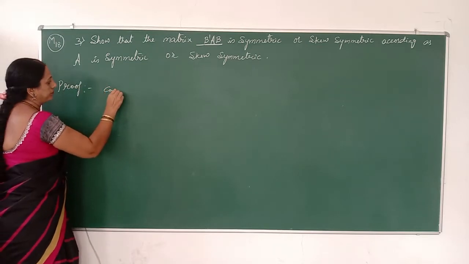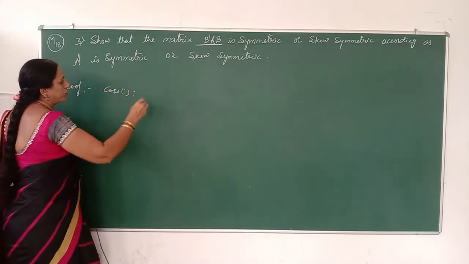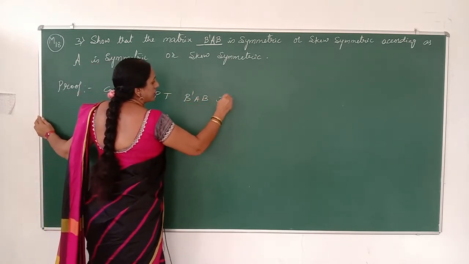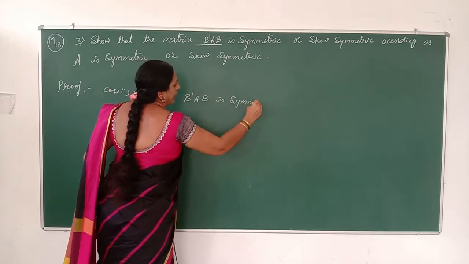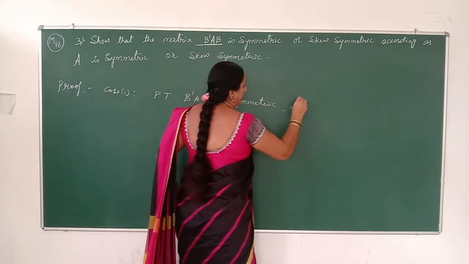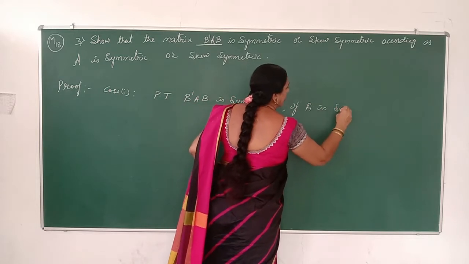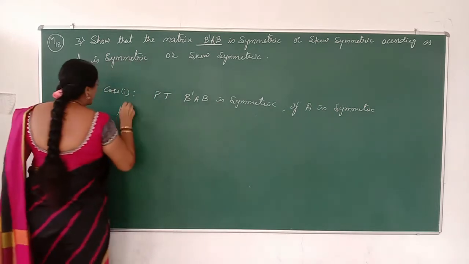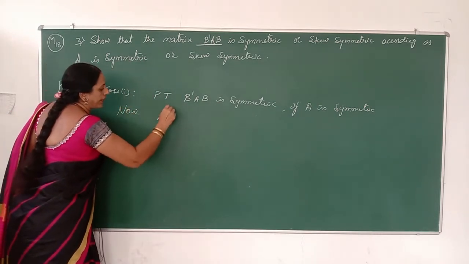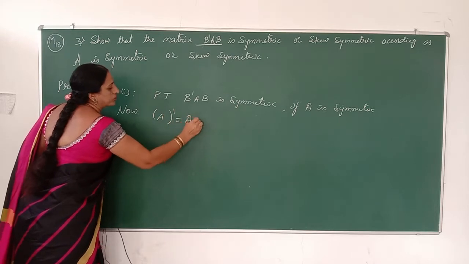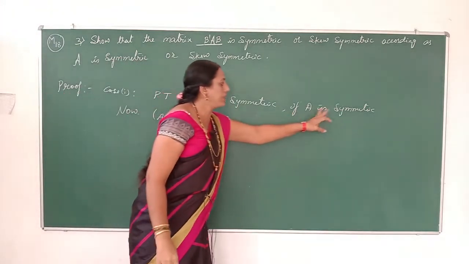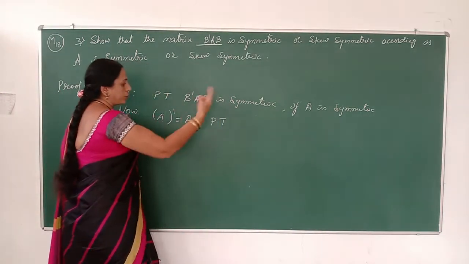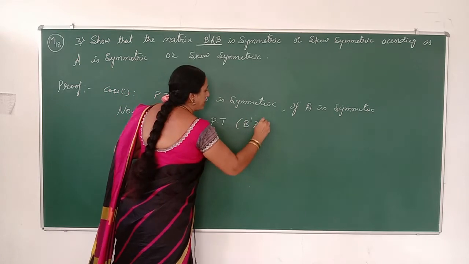So first we'll take one of the cases, case 1: to prove that B dash AB is symmetric if A is symmetric. So A is symmetric. Now, if A is symmetric, then A dash is nothing but A. According to the given result, if A is symmetric, A dash is equal to A. By using that condition, we have to prove that B dash AB